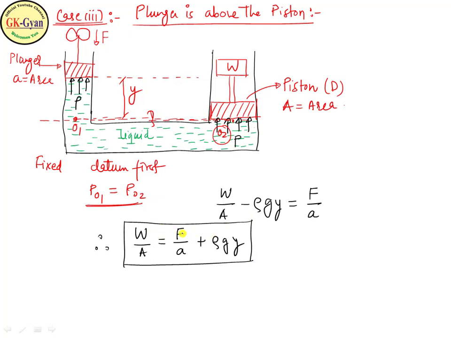So this is case 3. Here this is the hydrostatic pressure due to the column of liquid, and W by A is the mechanical pressure. These are the 3 cases for plunger and piston. Now we will move to the next application of Pascal's law, which is estimation of